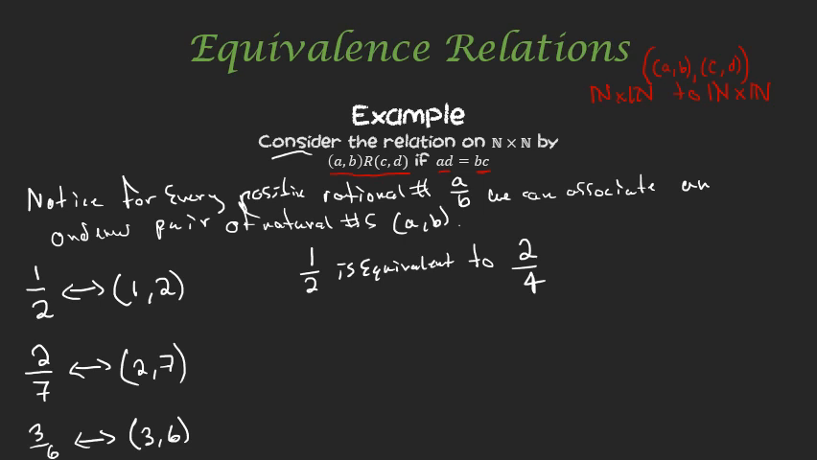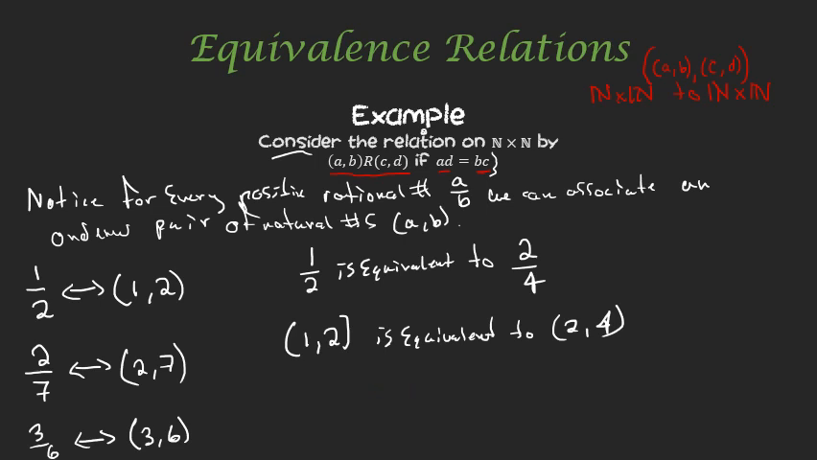So notice what happens when I write this as ordered pairs. The ordered pair 1, 2 is equivalent to 2, 4. That makes sense in fraction language, but let's compare it to this relation we have here. Does it make sense for 1, 2 to be related to 2, 4? Well, let's check. Our formula that defines our relation is AD equal to BC. So the first coordinate of the first pair times the second coordinate of the second pair. So to check that, we would do 1 times 4, which is 4. Is that equal to